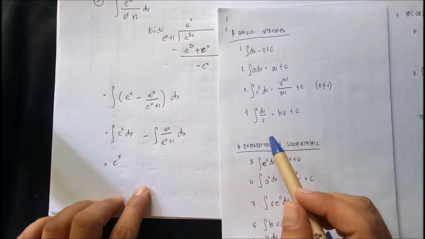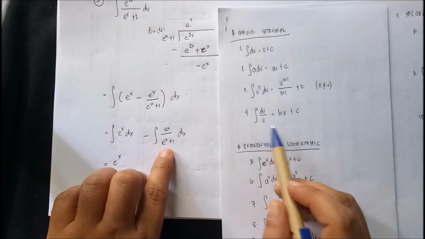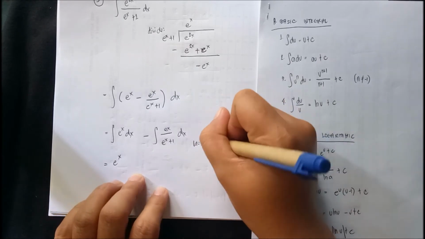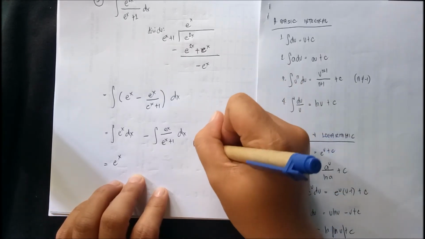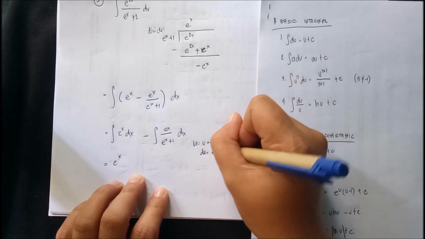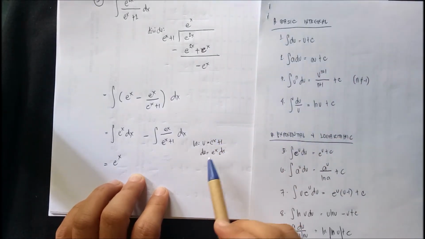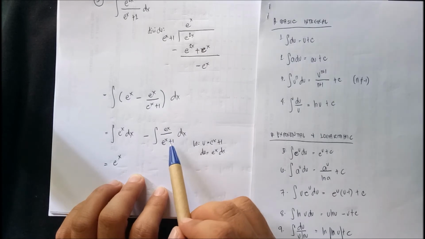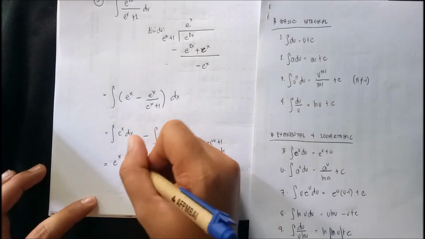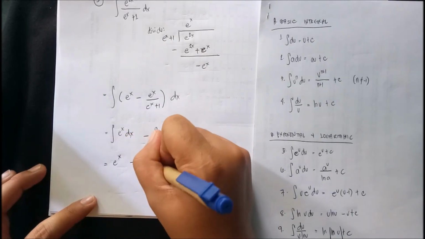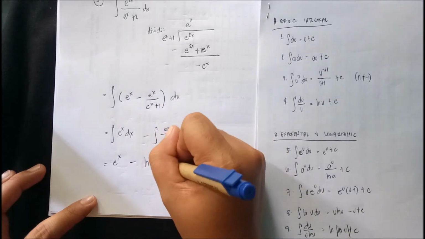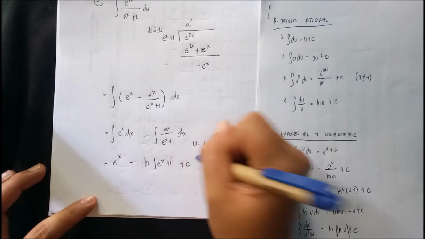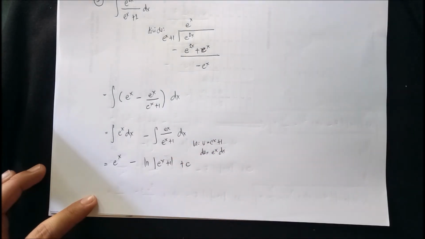So, titingnan natin. Ang u natin in this case would be e to the x. Sige, isulat ko. Let u be equal to e^x plus 1. So, yung du mo ay e^x dx. Ito yung u, yung du e^x dx, andito si e^x dx. Walang problema. So, ibig sabihin this one, yung ating integral is just equal to ln u, which is yung u natin ay e^x plus 1. Okay? Plus c. And there you have it. This is our